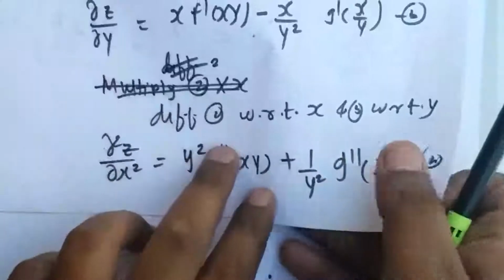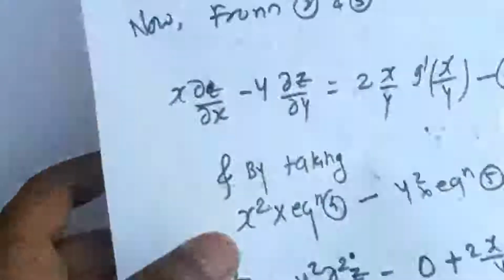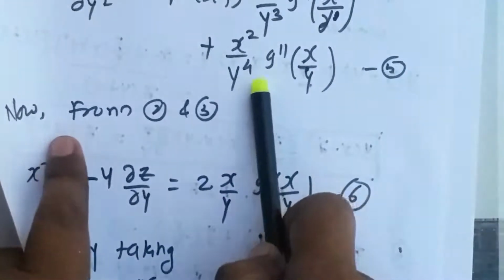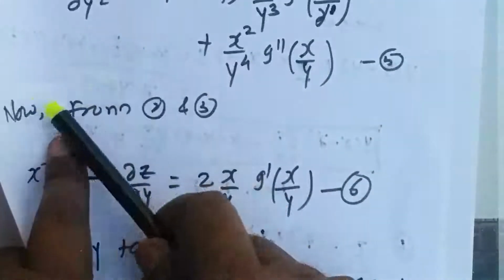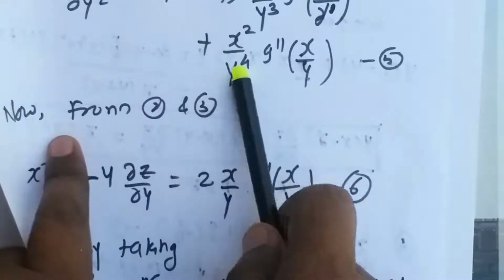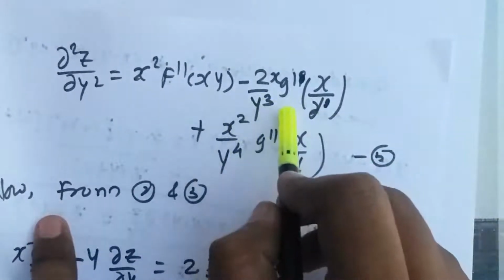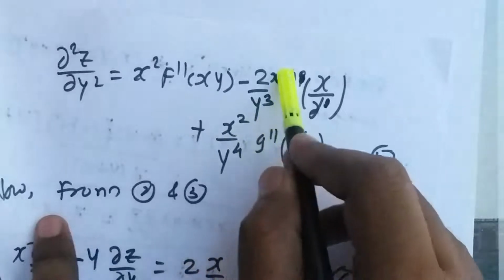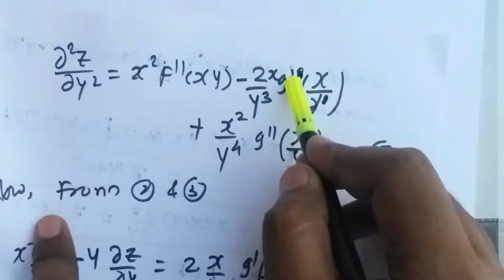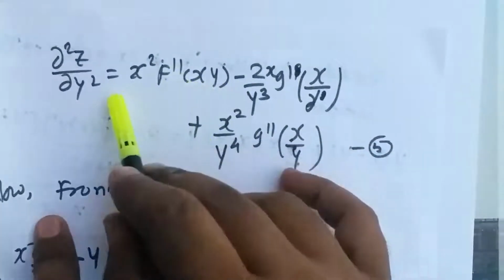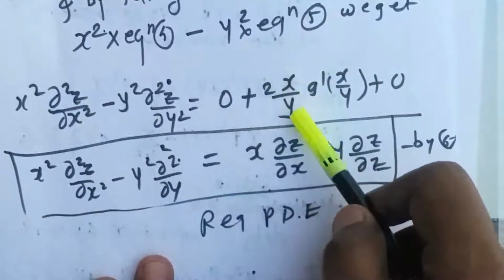Now after multiplying by x square, we'll have x square by y square g double dash of x by y, which is plus. If you multiply this term by y square, we'll get here x square by y square g double dash of x by y, which is the similar term which we have in the previous equation. So if you do the subtraction, this term also will vanish. Now only this term will remain. Okay, we are multiplying this by y square, right? So if you multiply by y square, here we'll get 2 times x by y, g dash of x by y. This is just g dash, okay? And we are subtracting, right? This is minus, so minus minus will become plus.